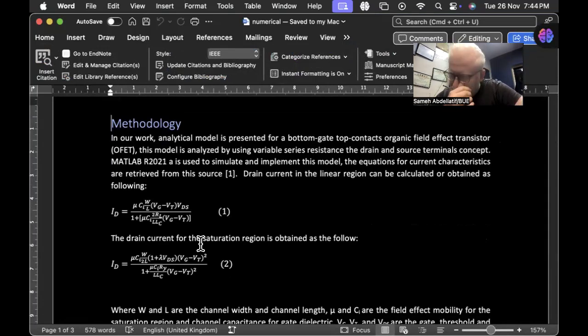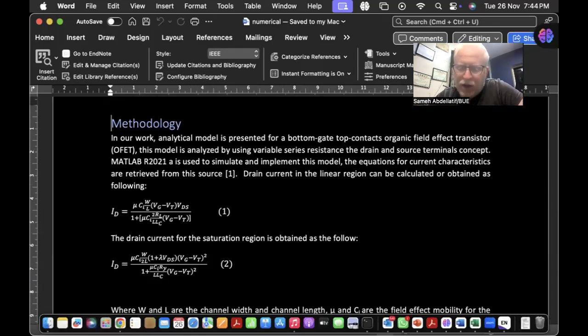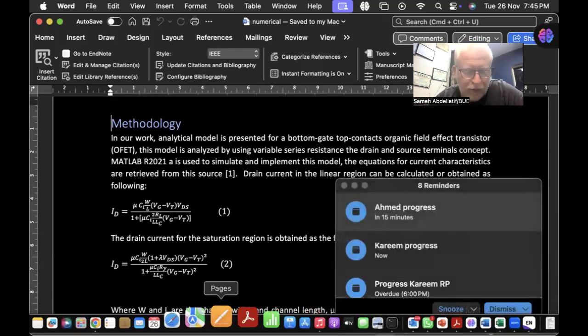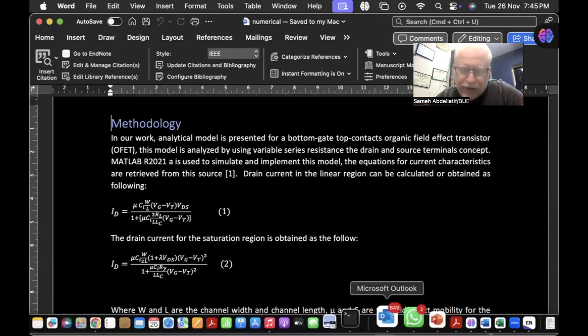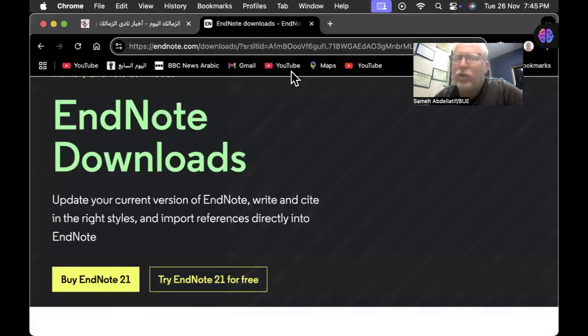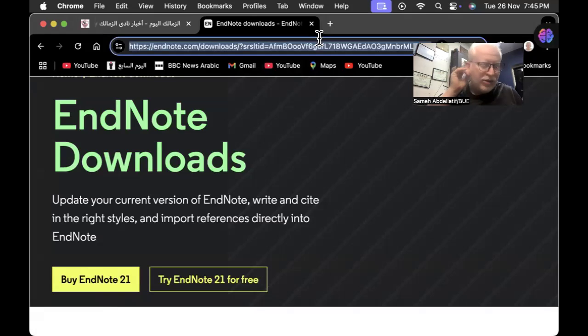What should you do? First of all, you should collect your references. And basically, you are already doing this, so you should collect which papers you would like to cite in this text. But here, we are not going to search for the paper itself, but for the EndNote file for this paper. How to do so? There are different ways where you can do this step. I will go here, I'm just using Google Chrome. The best and easiest way here is to go to